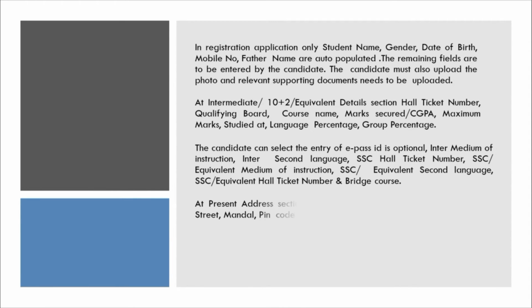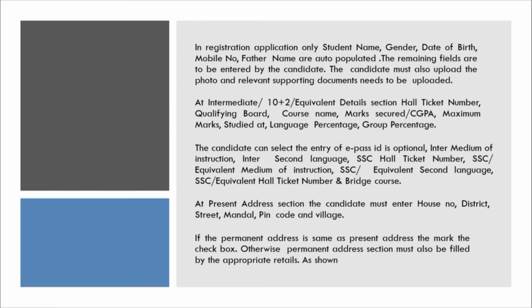In the registration application of any student, the student name, gender, and father's name auto-populate, which means everything has already been entered. You only need to upload the relevant documents, nothing but your photo, your Aadhaar card, your marks memo. All these things you have to enter. Make sure that these are all there already. Certain fields are filled up by the automated database, depending upon the hall ticket you entered previously. Some of the things which are left out, you need to fill up by yourself.